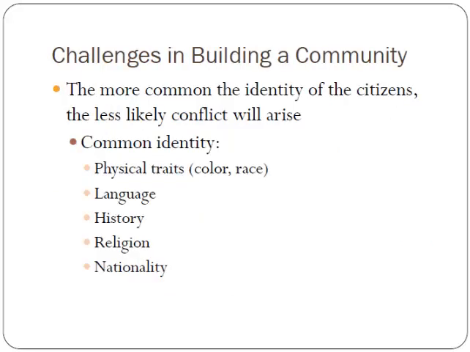And one of the reasons why a government is necessary is because when you're building a community, which is really just a group of people, things are going to happen that cause conflict. For example, conflicts between different types of people are almost inevitable. People sometimes have a common identity, like a certain race or color, a certain language they speak, historical roots, religion, nationality, and when you have different people in society that have different physical traits, different languages, different histories, different religions, different nationalities, they naturally might clash a little bit. And so certainly that's one reason why a government is necessary.